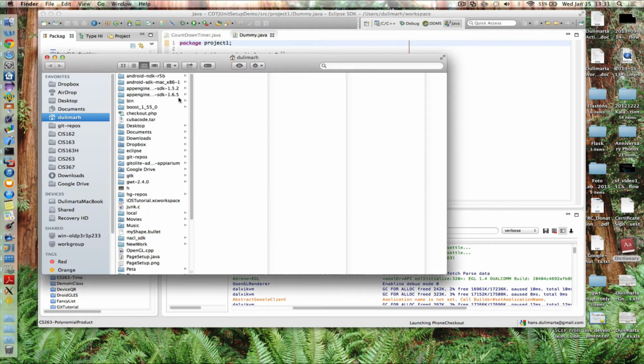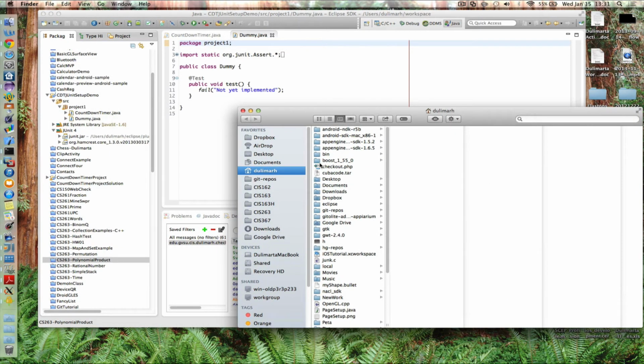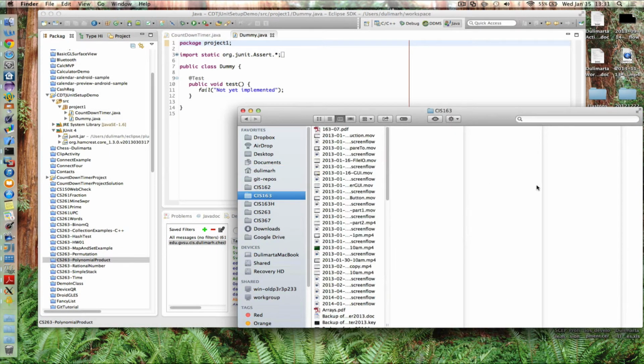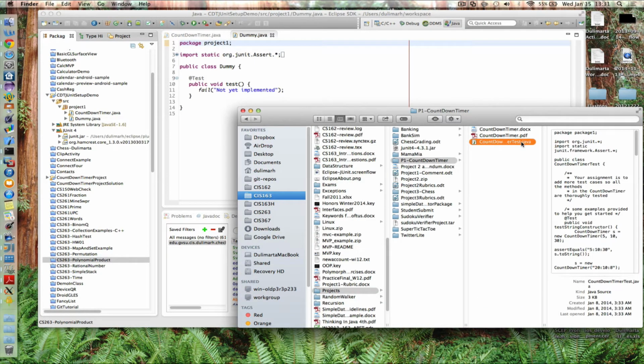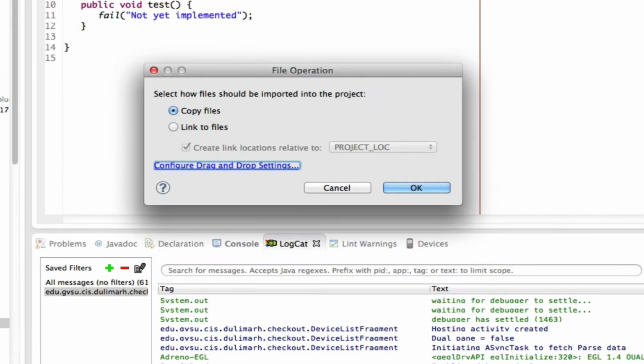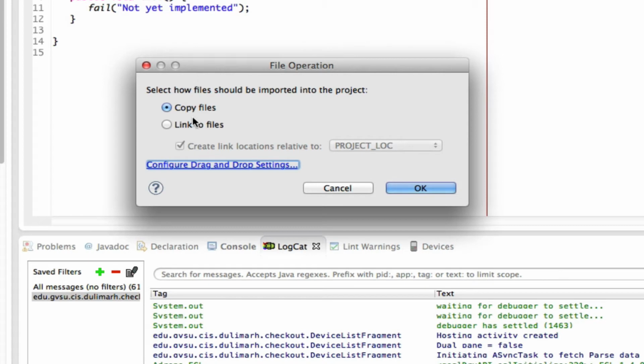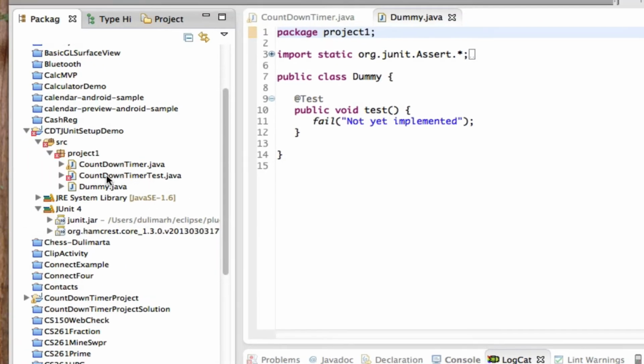So you download the test cases from Blackboard, and I do have one copy in my folder. This is the file that I want to drag into my project. So you can do the same on Windows. So basically drag that here into my project. Okay, and I want to copy my file, and click OK, and now you have a new file, part of